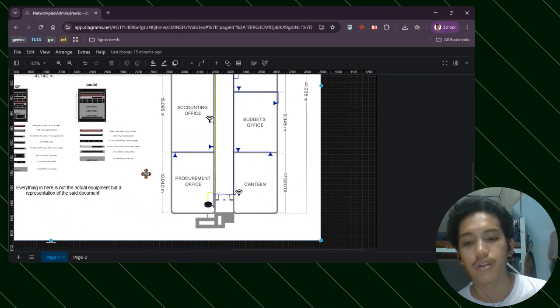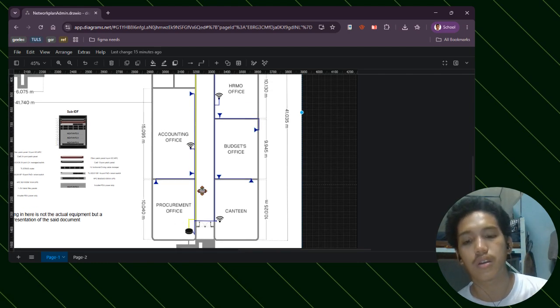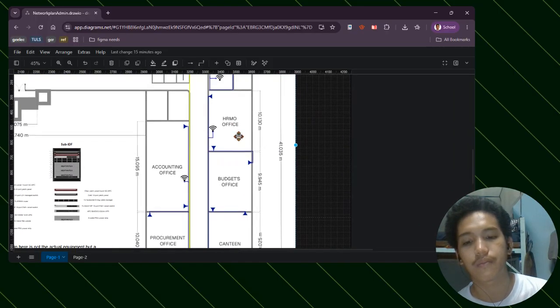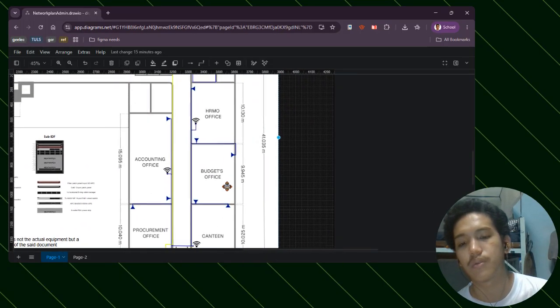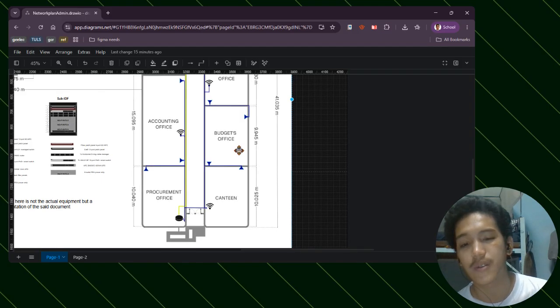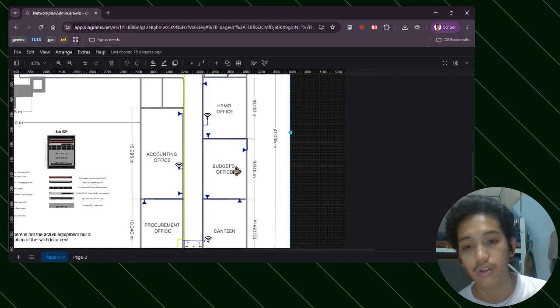Back to the procurement office: inside here, the switch covers the entire procurement office up to the HRMO office. As you can see, the same also applies to the left side of the building. It has one to two data nodes.